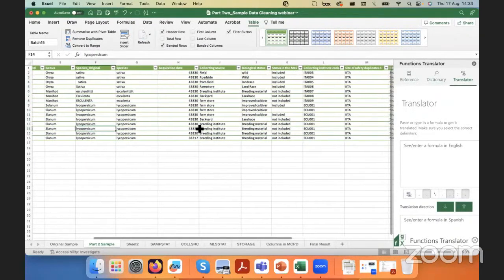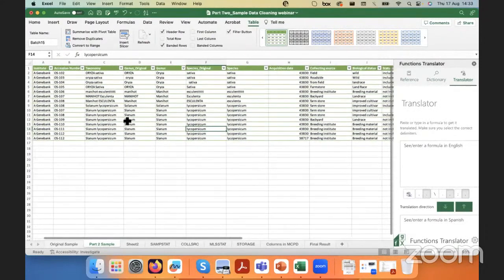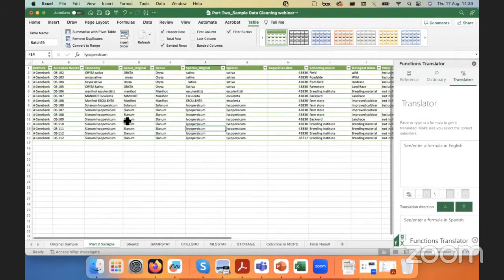But before we do that, another thing that is useful is to have some existing tables ready. I will show you 3 of those right now. The first one is the list of WIEWS codes. So gene banks and institutes that are involved in